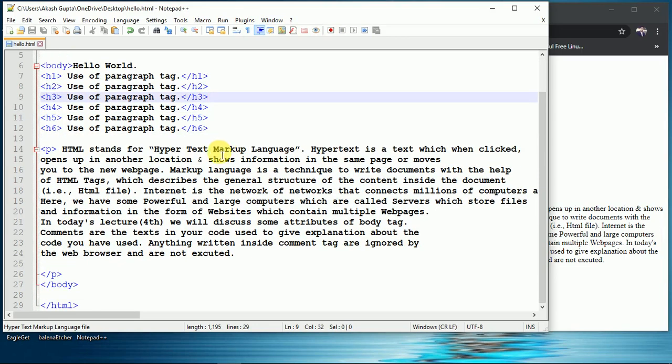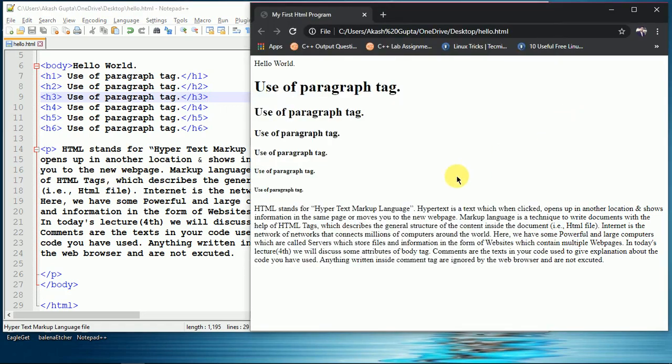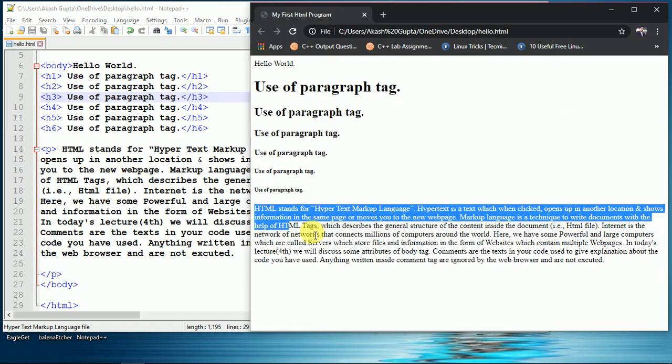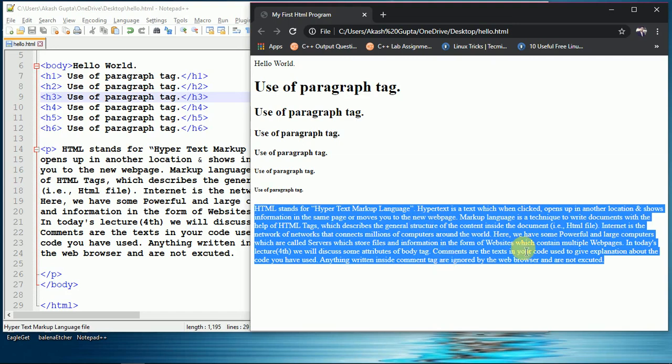Now we will discuss one more tag which is called the BR tag, that is the break line tag, right? That we discussed in an earlier lecture. So suppose in our web page all the paragraphs are embedded together, right? Means there is no gap or space between the sentences.